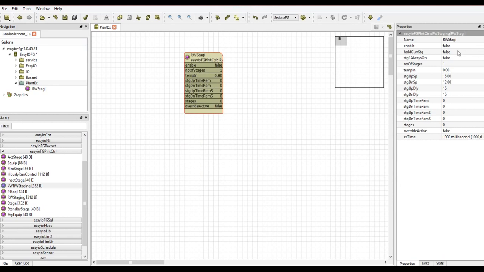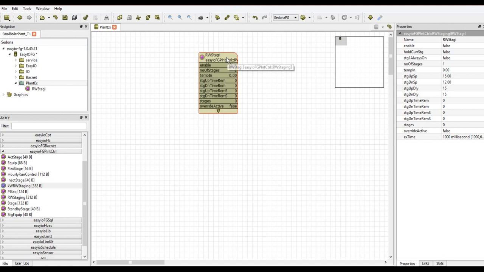So the return water staging has an enable, by default off. Normally this would be linked to a plant control object, say a cooling call or a heating call. There's a hold current stage. If you enable this, then the staging object will not stage up nor down. Stage 1 always on: with this set to true, whenever there's a plant call, the staging object will automatically go